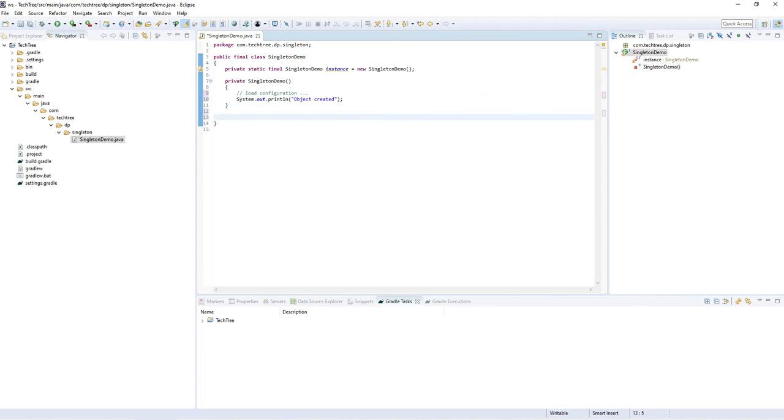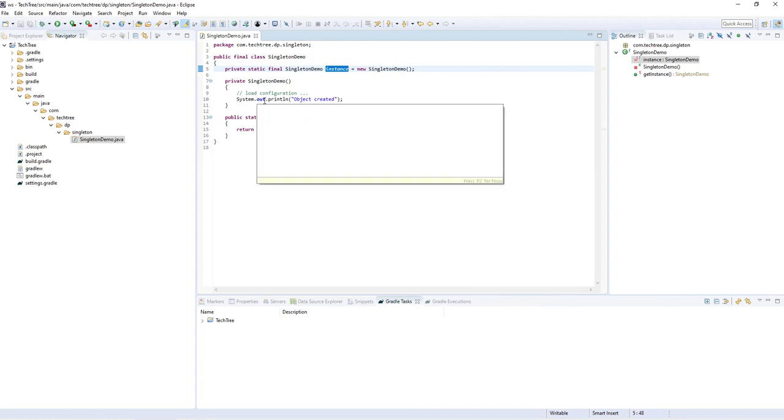Now we can simply create a getInstance method which is static, and we have already initialized the instance over here. So this is the eager initialization. Once the class is loaded, the object will be created.